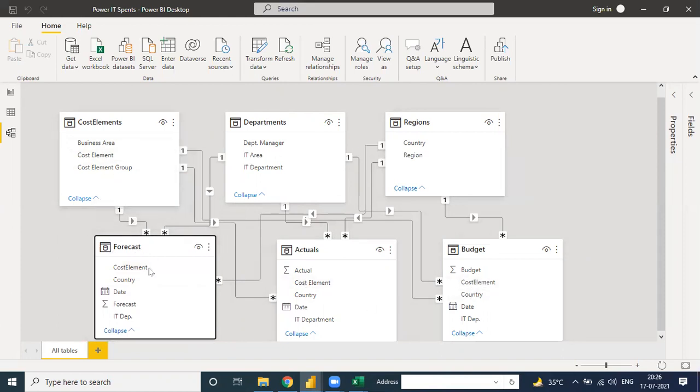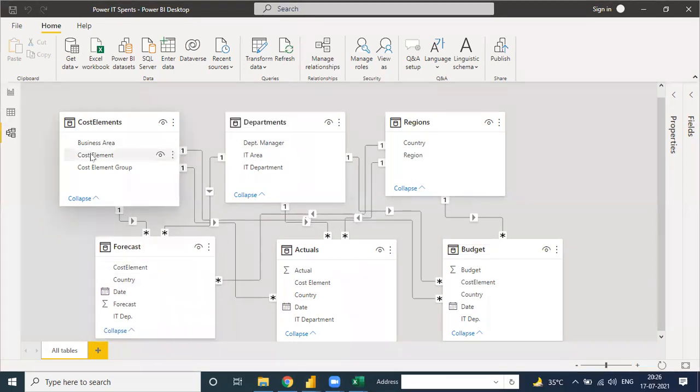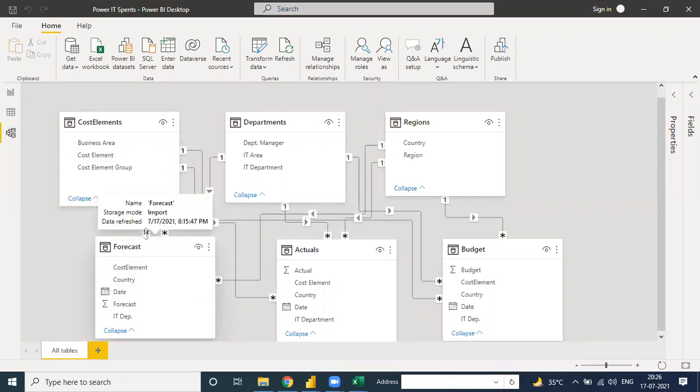When you create the forecast, cost element is there. When you create the actual, cost element is there. When you create the budgeting file, cost element is there. Okay. But the cost element is created once in the dim table, while in the forecast, cost element is created multiple times. That's why in the dim table the value is one and the forecast fact table is connected with the many.